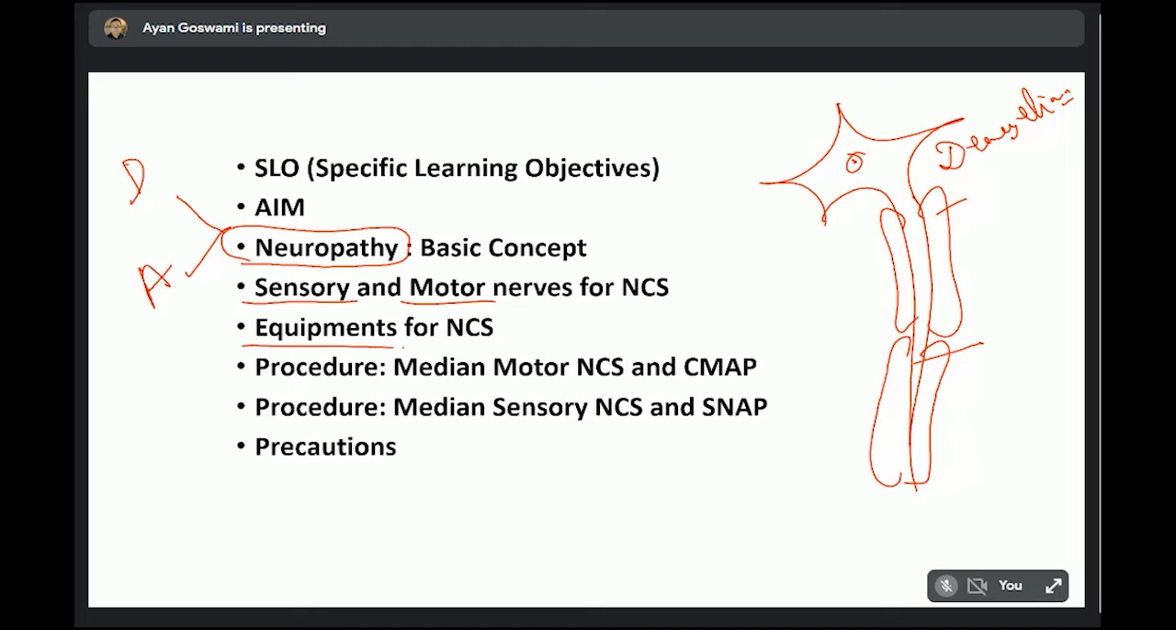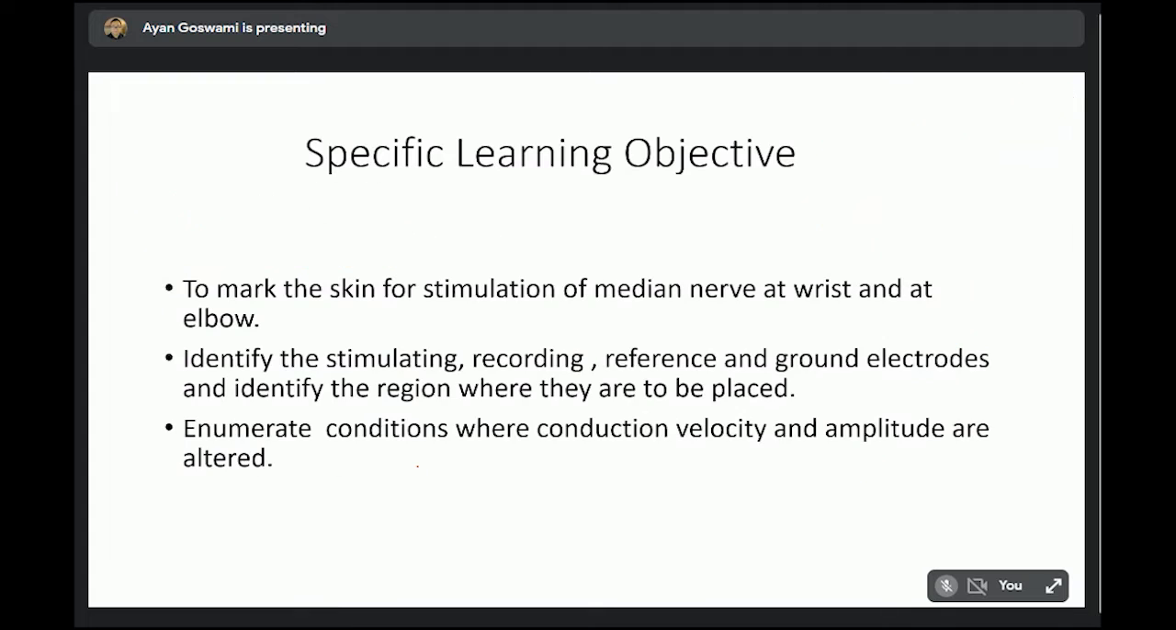Then we will show you the equipment for nerve conduction study. Then we will discuss the procedure. You don't need to know all the nerves, but as a representative, median nerve is the major nerve in your upper limb, and it has the sensory component and the motor component. So we will be using motor median nerve as a representative to teach you nerve conduction study, right? And finally we'll discuss the precautions. So moving forward,